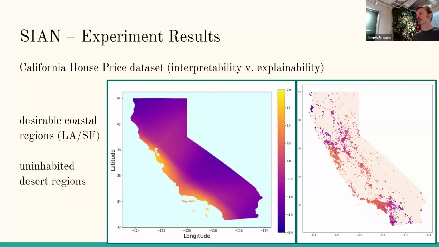But what we have in the explainability case is that there's kind of a paucity of data. There's a sparsity of data within this desert and mountain region. So if we're going to try to predict what the model would predict in these regions, we wouldn't have enough data to understand. We'd have to extrapolate beyond the data that it's been trained on, and then we'd be unclear on how it will choose to generalize. Whereas with the additive model, we can exactly see what it has decided to extrapolate with.